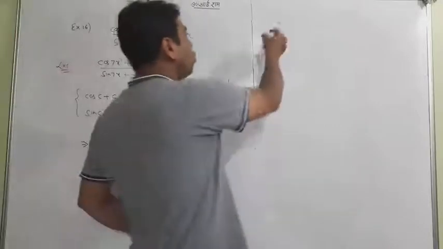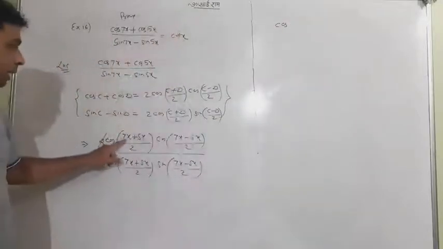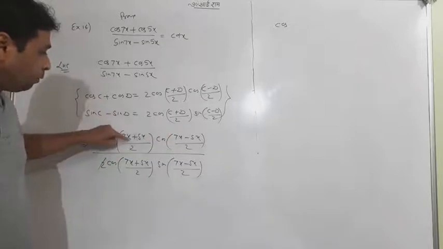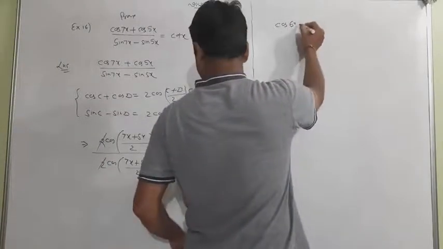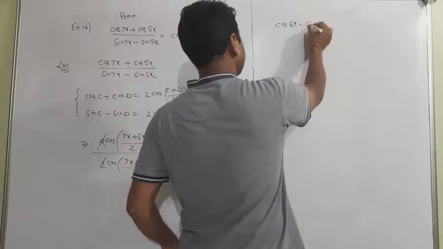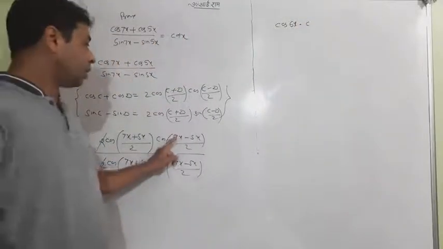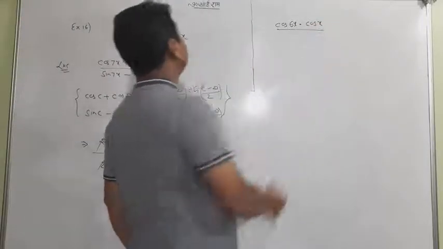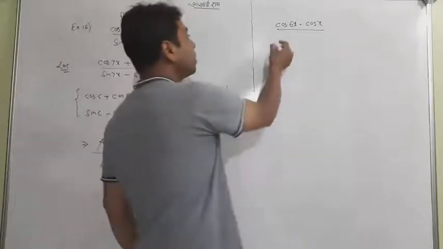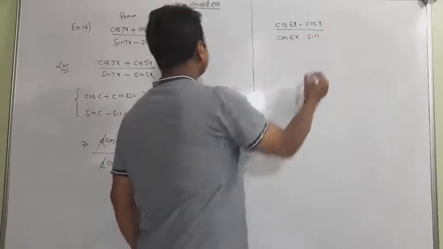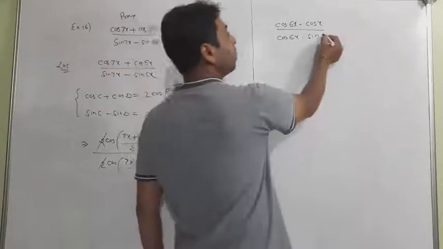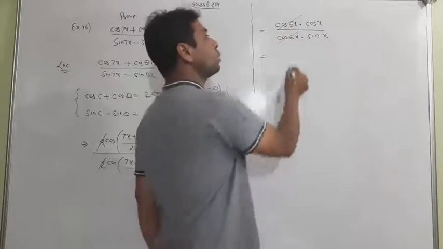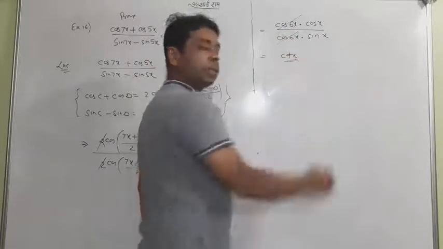Now let me write more terms, what is going to be there. 7 and 5 is 12, 12 by 2, this is a part of the angle and can be solved itself. 12 by 2 is 6x, so 6x will be coming here, into cos of 7x minus 5x is 2x, 2x by 2 is x, upon cos of the same 6x, and this is sin of x. So very fortunate that now the multiplication sign and these two terms are same, so cos by sin remaining is cot of x. This is the answer.